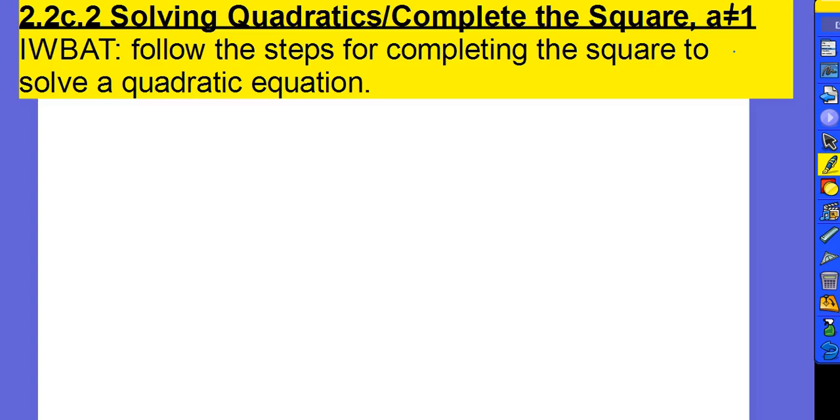All right, so this is 2.2c.2, solving quadratics by completing the square when a is not 1. Your instructional objective is you're going to be able to follow the steps for completing the square to solve a quadratic equation. Okay, so we're going to go to your note page, and we're going to fill out that first box,